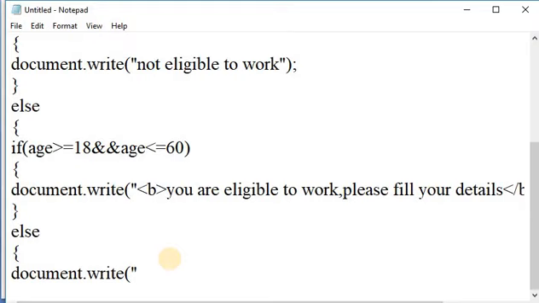Here in bold tag we write you are too old to work as per government rule.